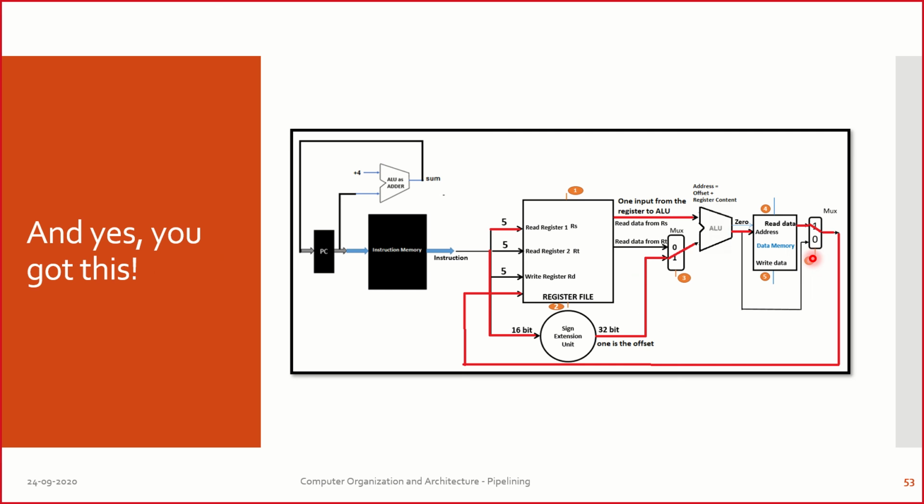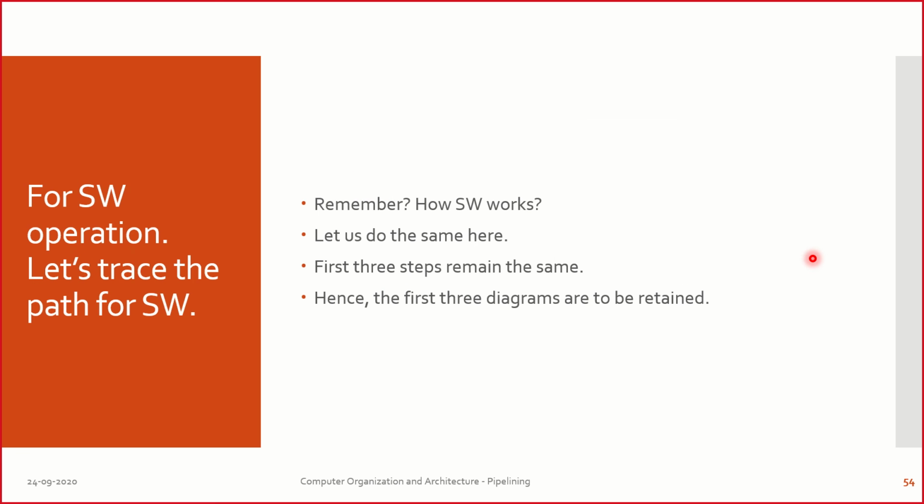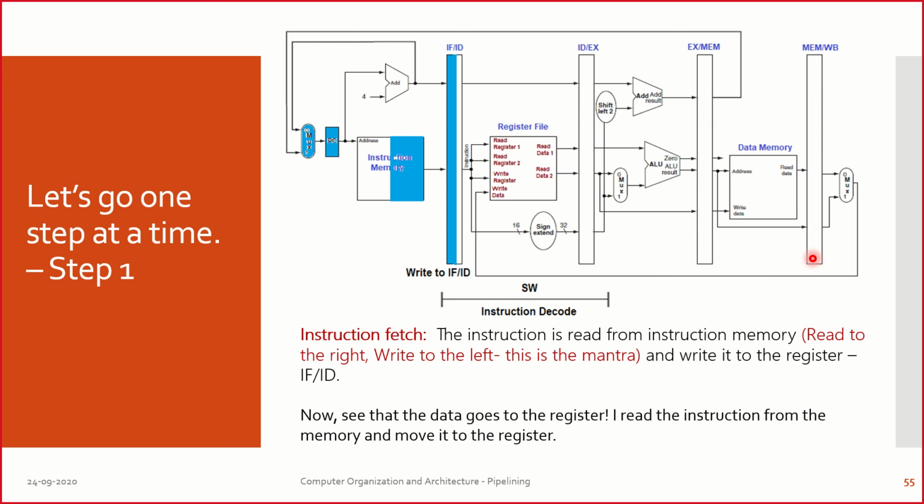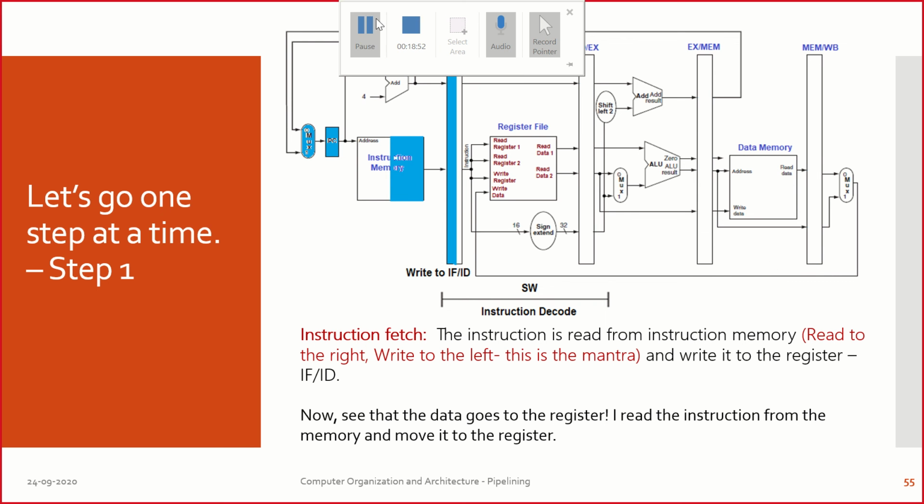Now, what I'm going to do is, I'm going to give you an assignment where you need to trace the data path for the pipeline towards the R-type instruction and I-type instruction. Do it and keep it ready. I may ask anybody. You need not submit it. Do it and keep it ready. I'll ask anybody, which can be validated at a later point.